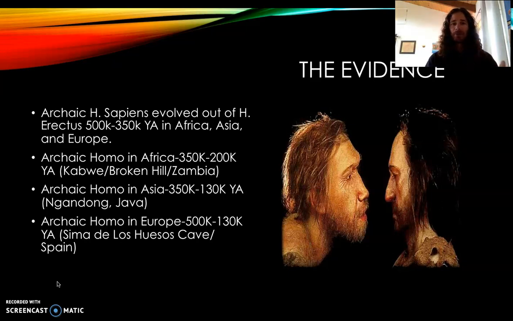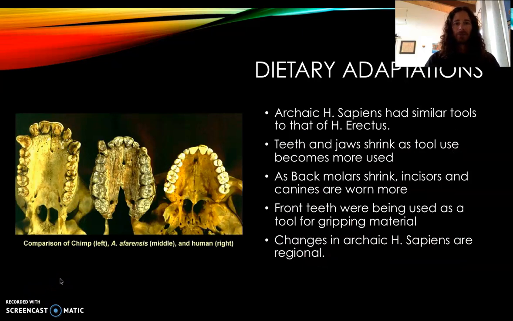The multi-regional people would say no, they're developing out of Homo erectus in these different locations, and then they're turning into modern Homo sapiens. And then the out of Africa folk would say no, archaic Homo sapiens all evolved out of Africa and then moved into these regions. So we have, again, two different competing